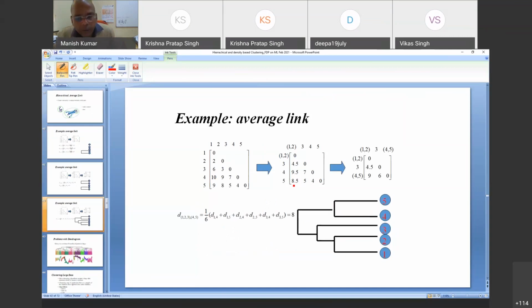It may be the case that in some data, all 3 may be the same, but in another set of data, all 3 may be different also. So depending upon the requirement, that is, how tight or how loose the clusters you want, you can select the algorithm to be used. That is what we do.